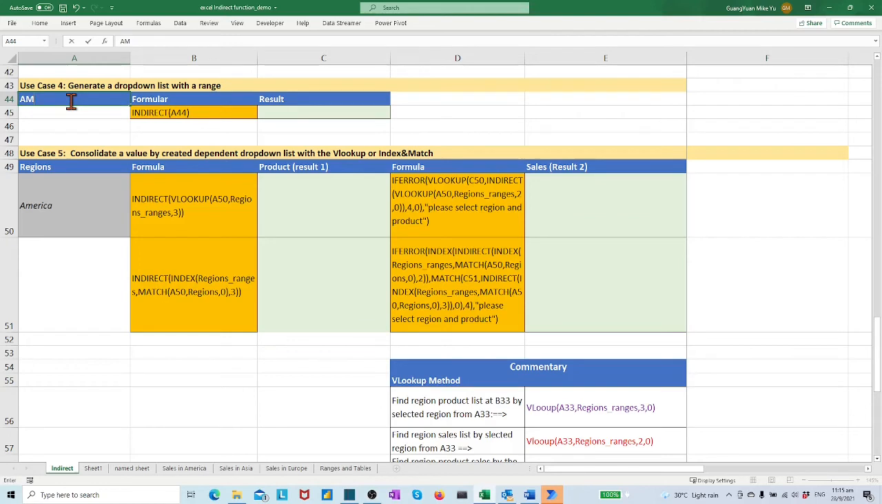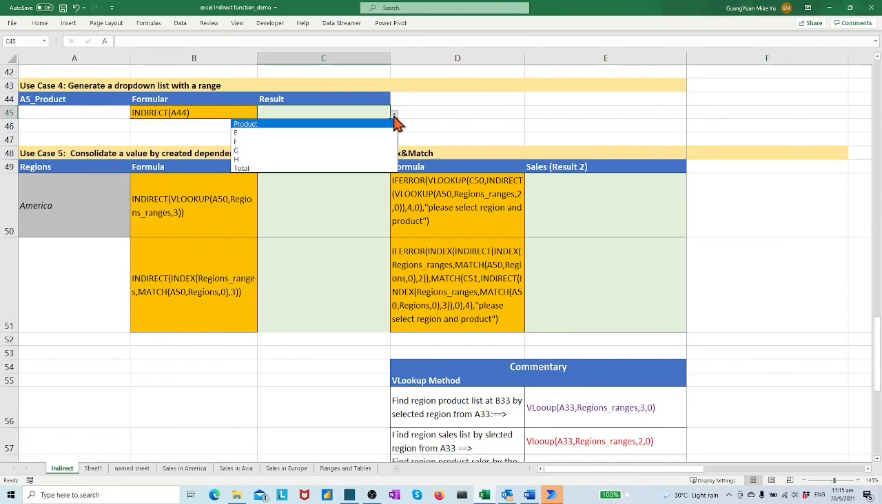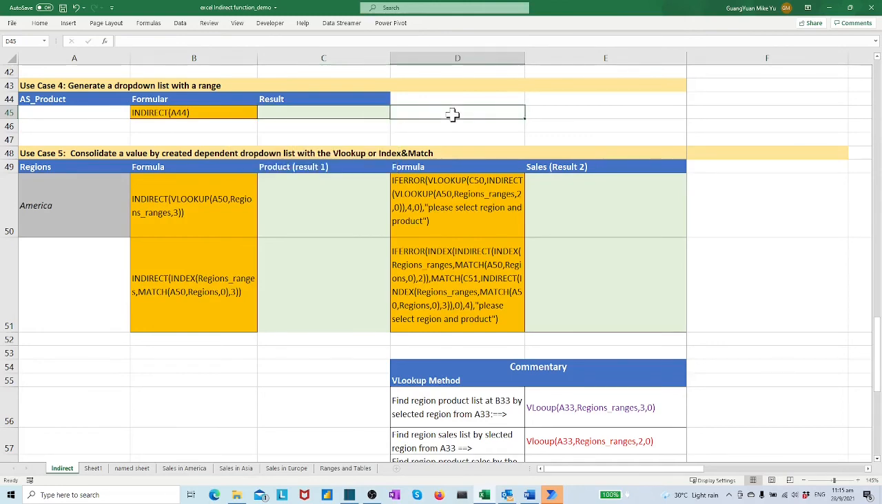If we change A44 from regions to another named range, for example AM_product, then our drop-down list also changes in C45. By this idea, we may create a dependent drop-down list, as in our next use case,